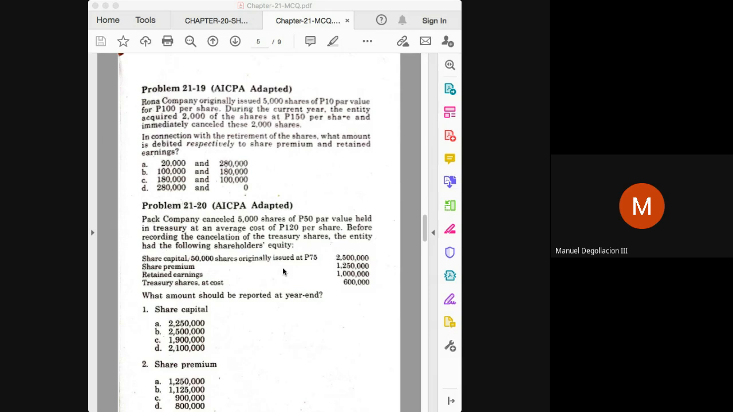But again, just like the gain we have in problem 21-18, the loss here will also not be recorded in your profit or loss. It will go immediately to your retained earnings. So that's why the complete entry here is